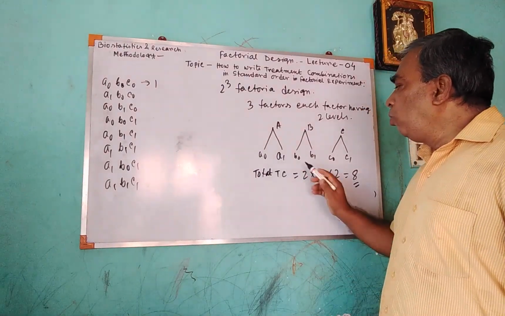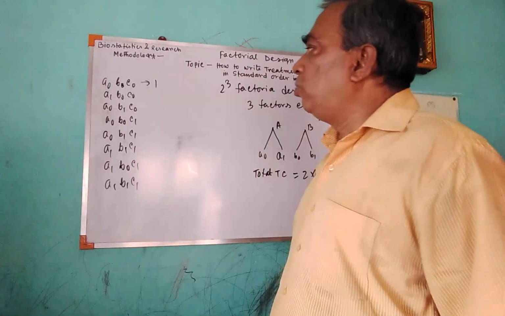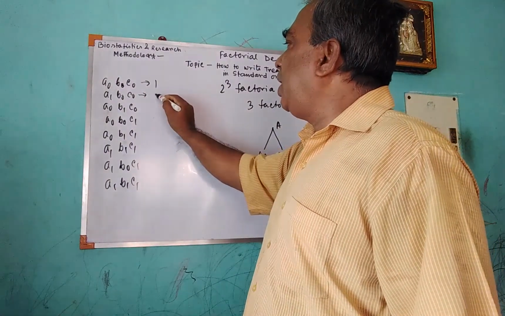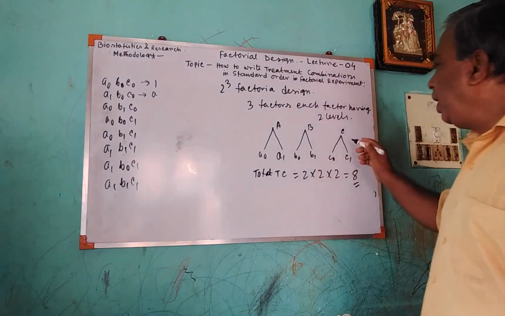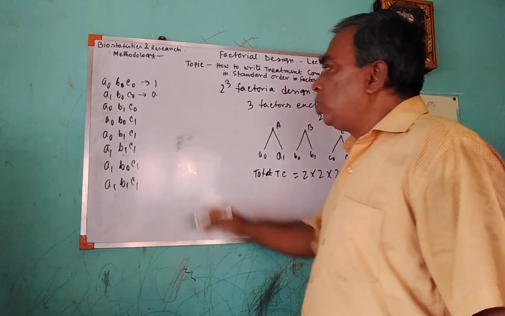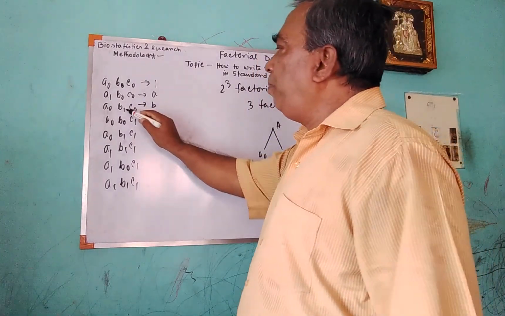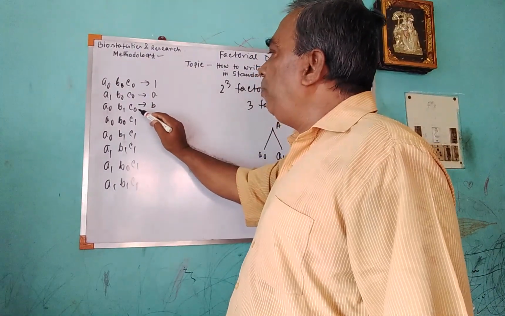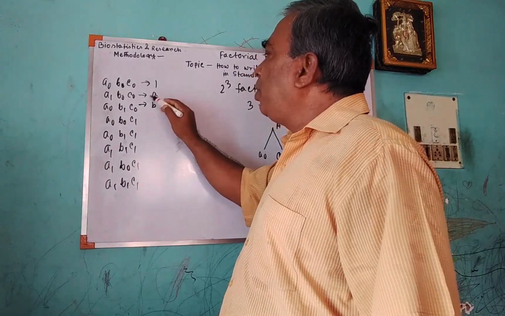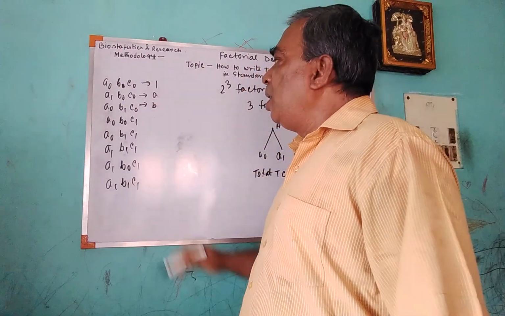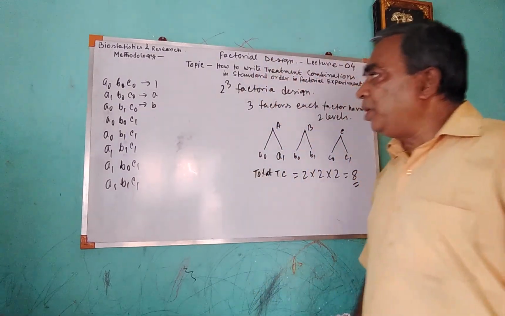That means 1 denotes all at the lower level. Higher level of factor A, lower level of factor B, and lower level of factor C is denoted by A. Lower level of A, higher level of B, and lower level of C is denoted by B. Why am I writing A and not B? Because I am taking the higher level of A. I write B, not A or C, because I am taking the higher level of factor B.